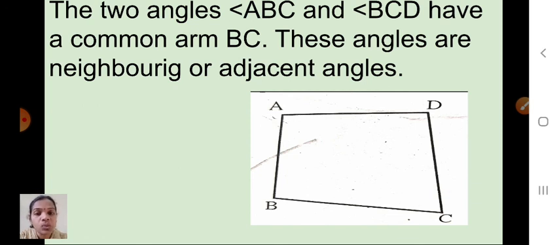Okay, so today we discussed what is meant by quadrilateral, what is meant by adjacent sides, opposite sides and adjacent angles of a quadrilateral. Okay, this is your homework. You have to draw any one quadrilateral named WXYZ. Write the adjacent sides, opposite sides and adjacent angles, and you have to see how many angles are there, how many adjacent, how many opposite, and how many adjacent angles are there.